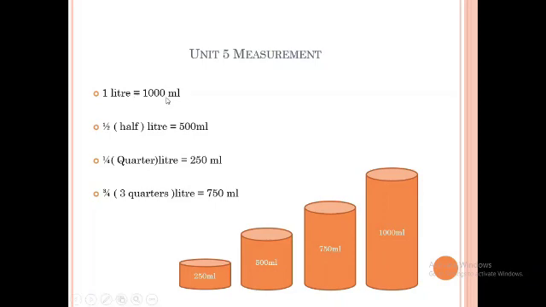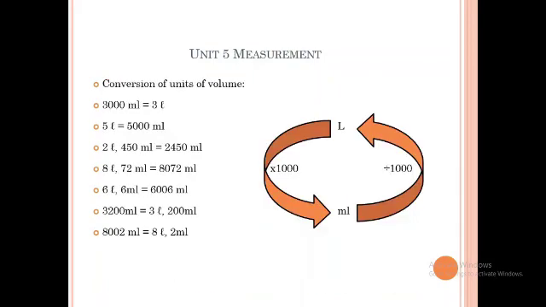You have to learn these ratios between liter and milliliter, because such types of questions they are asking in the objective exercise. Now, conversion of liters and milliliters. As we know that 1 liter is equal to 1000 ml, so 1000 ml is equal to 1 liter. Here I have written 3000 milliliters. So 3000 milliliters are equal to 3 liters. So if you have liters, for example 5 liters, 5 liters is equal to 5000 ml.